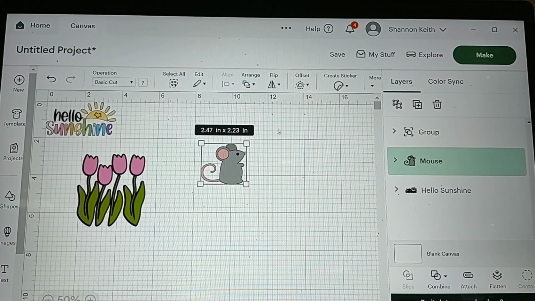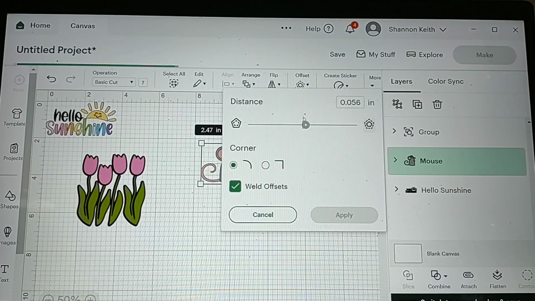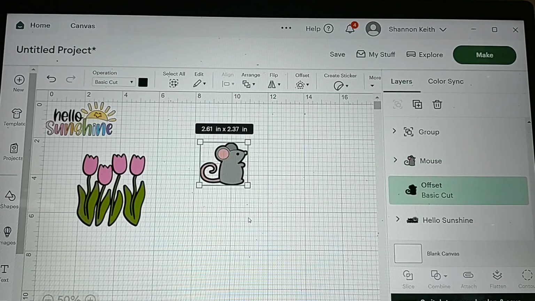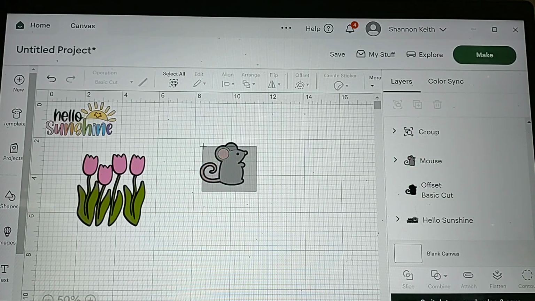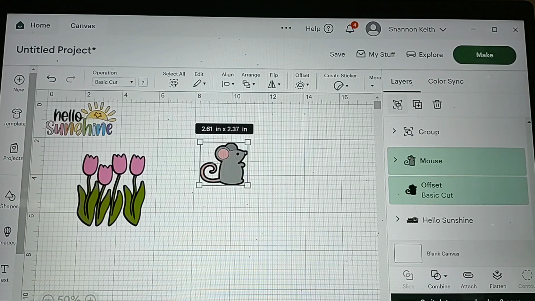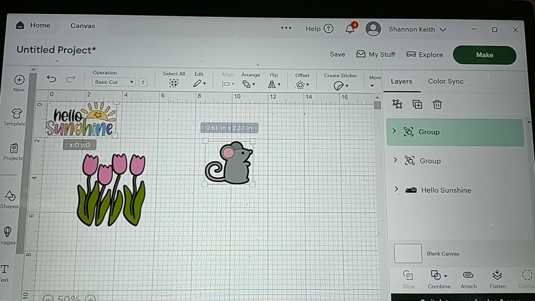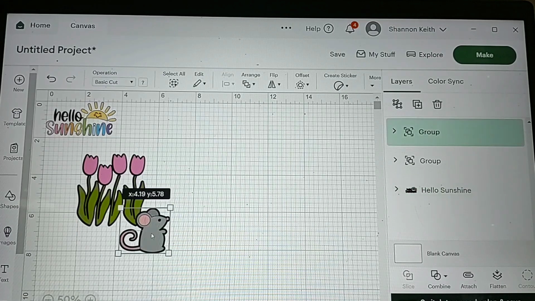So here's the little mouse. I'm going to do the same thing. I'm going to go up here, click offset, and put a small border around it. And then there we have our little black border. Then I'm going to group that so that I can move it. And then the Hello Sunshine,